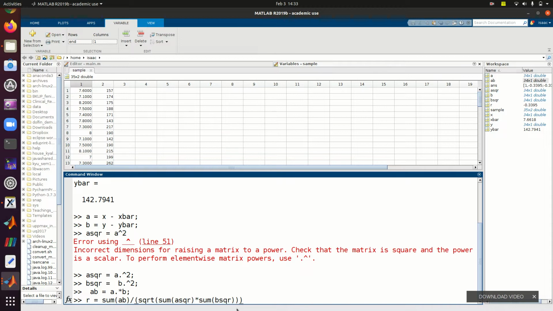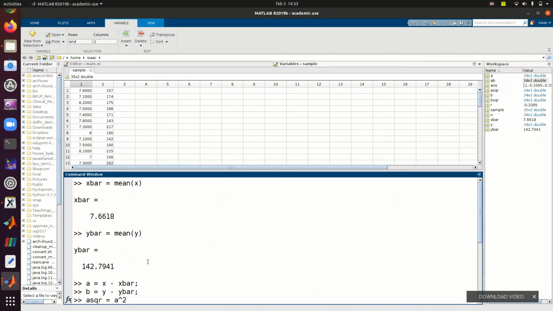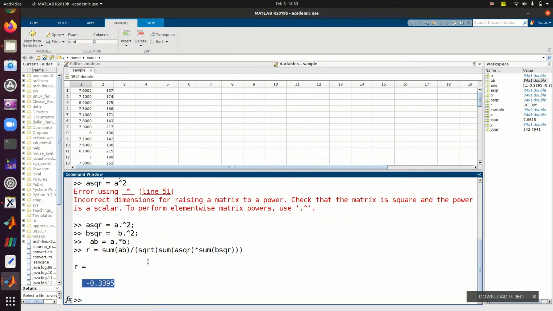So if I haven't made any mistake here, especially with the parentheses, then I think we're good to go. Let me just check that they balance out well. Okay, that's okay. Good. And we have the value of negative 0.335,